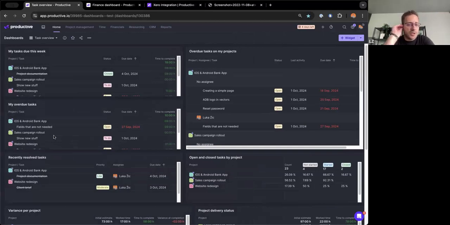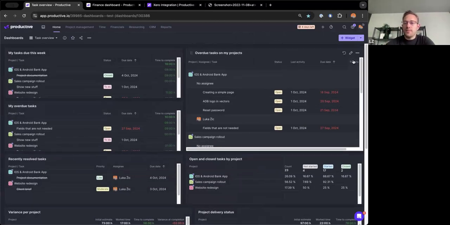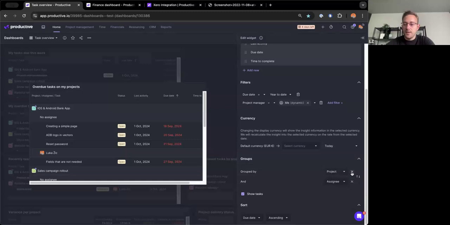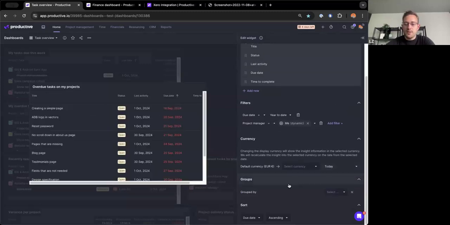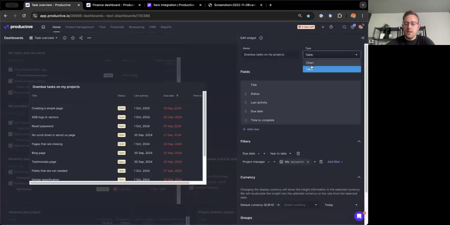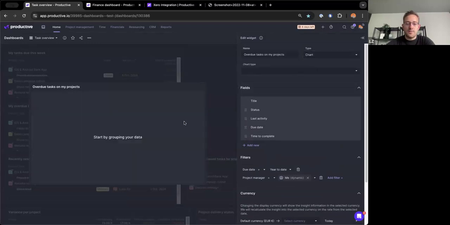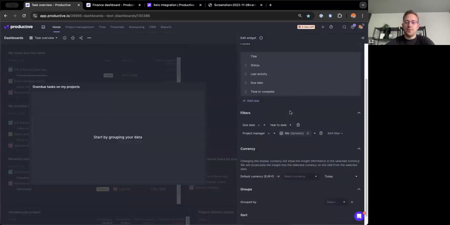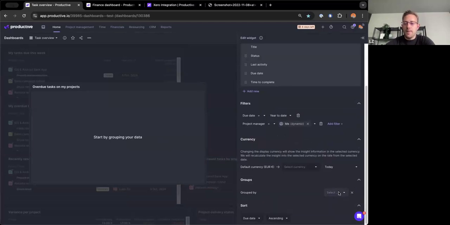Sometimes I can't use the chart view, but only the table view. I'm then simply not shown any data or graphics. Why is that? Quite possibly because you're not grouping data. So if I do this, I'm not showing any grouping. If I use chart, it's not giving me anything because it has nothing to group to show me. But if I group it by anything,